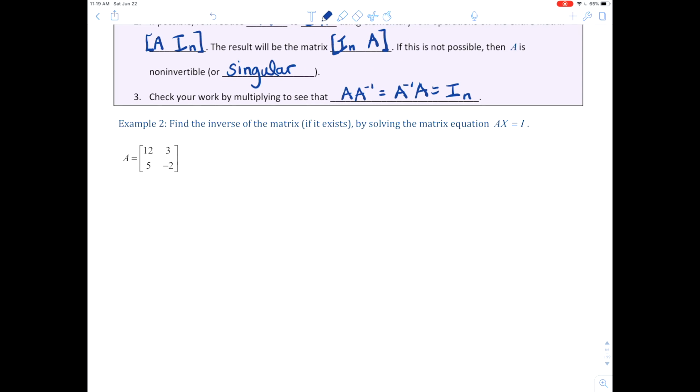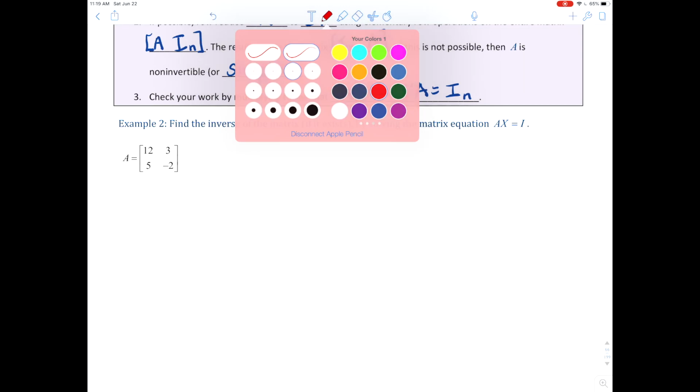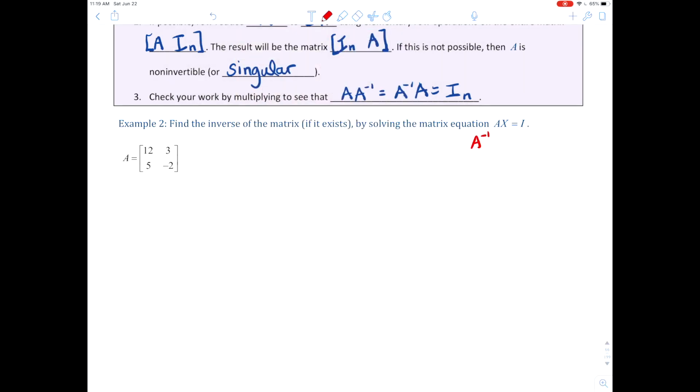What this means is that A times X equal to I would give us, if we multiplied on the left of each side by A inverse, then what would happen? We would have,